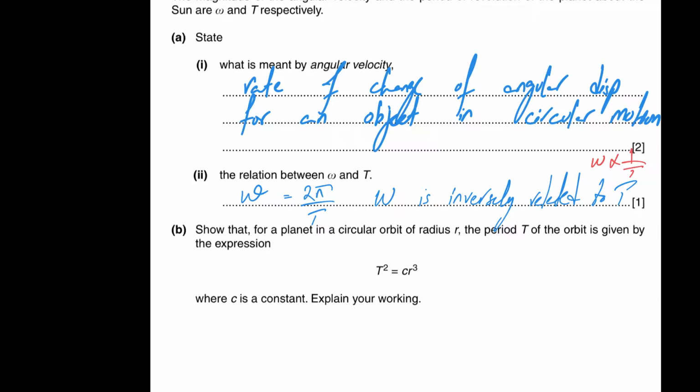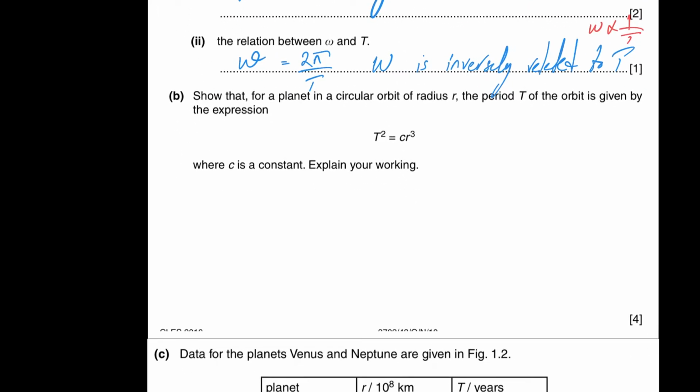Part B of the question says, show that for a planet in circular orbit of radius r, the period T of the orbit is given by the expression T squared is equal to C r cubed. So we need to prove this relationship between the time period of an object in circular motion and the radius r. To start off, we need to first understand that in this case, the centripetal force Fc is provided by the gravitational force of attraction. Fc is equal to Fg, or Fc can be written as m r omega squared is equal to